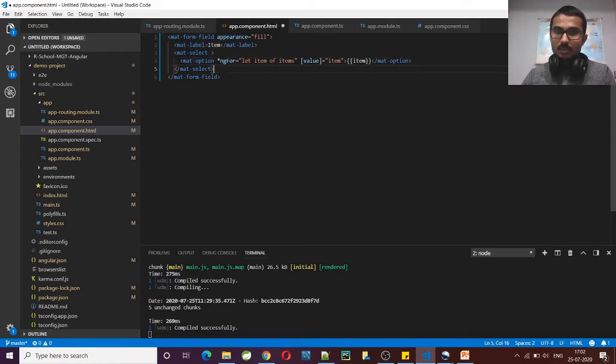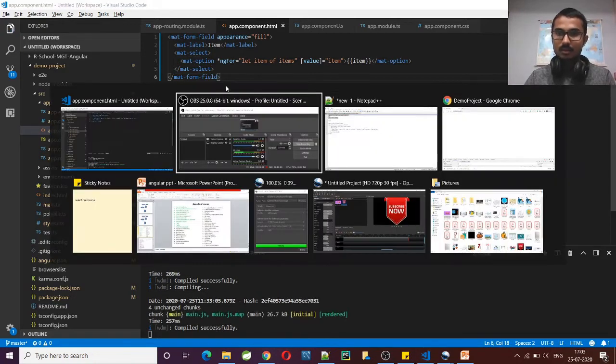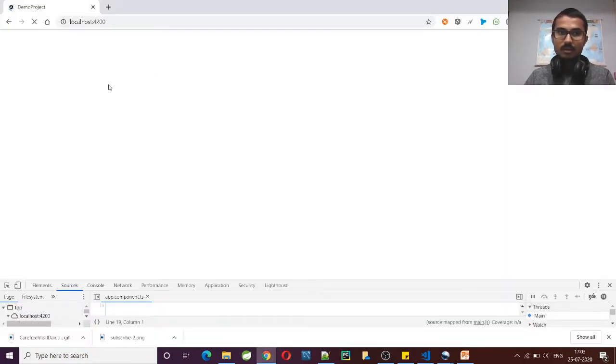So the first select box has been created. Let me save this and let's see the output. Here one drop down has been created. Based on the selection of this value, I'm trying to display one more select box here that has the corresponding values.